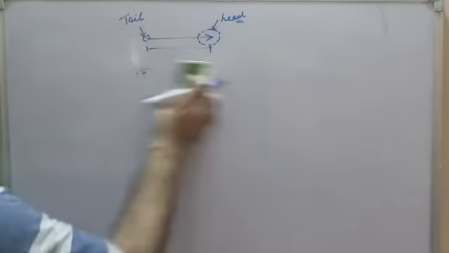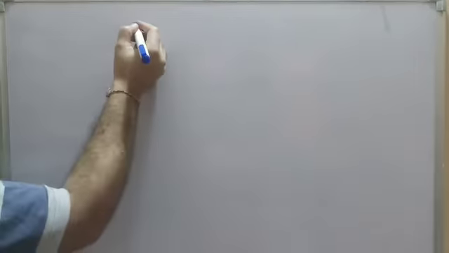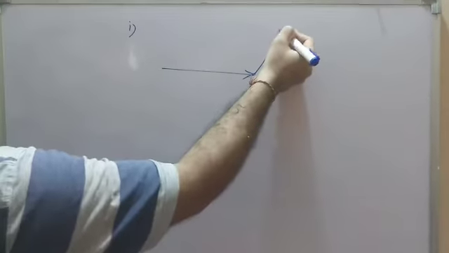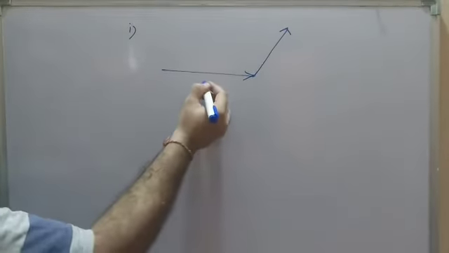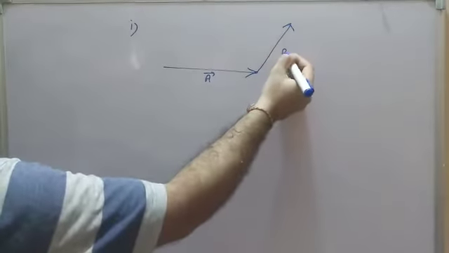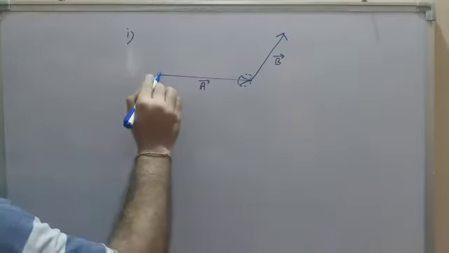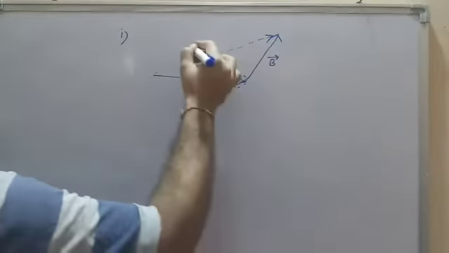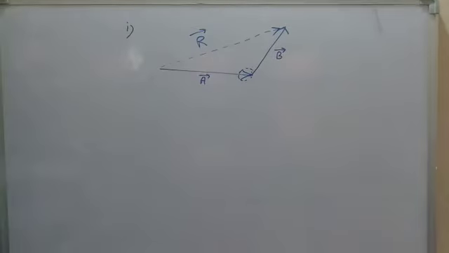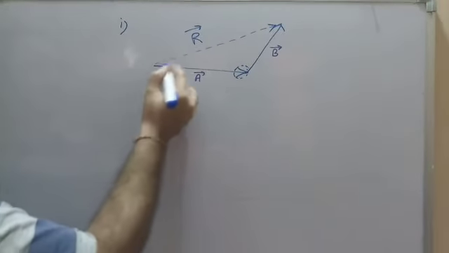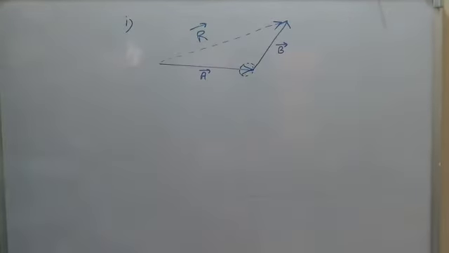Now the question comes, how to add two vectors? So there are some rules to add two vectors. The first rule is the head of the first vector should be joined with the tail of the second vector. So let's suppose this is a vector and this is b vector, so you can see the head is joined with the tail, so that the resultant is coming in the opposite order. So we have two rules. The first rule, head with tail. Second rule, the resultant should be taken in opposite order.